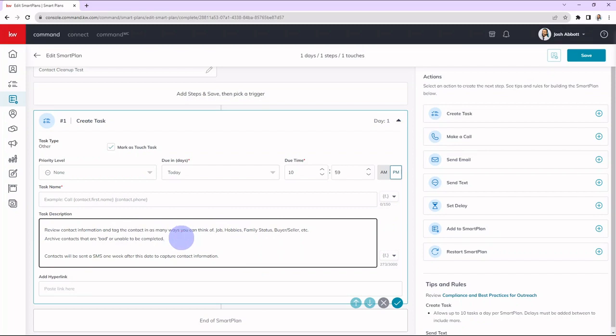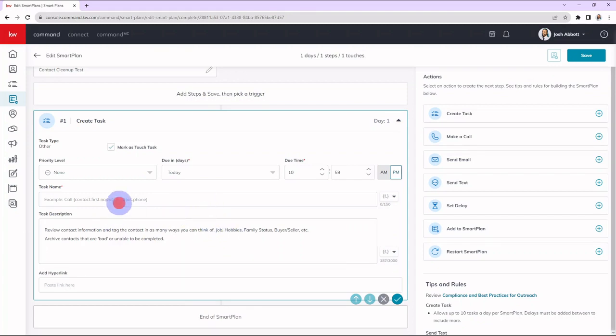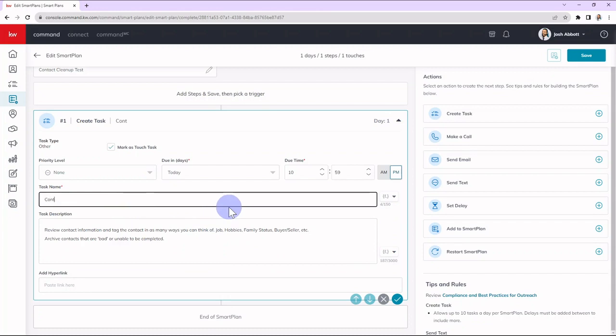Those are contacts like, you don't want to be reaching out to somebody's kid, or reaching out to your bank or something along those lines. Just remove contacts that aren't going to be able to provide you any value inside of your network. But then we also have this little bit, actually we're going to ignore that portion there. Cool. Now we're going to name this task